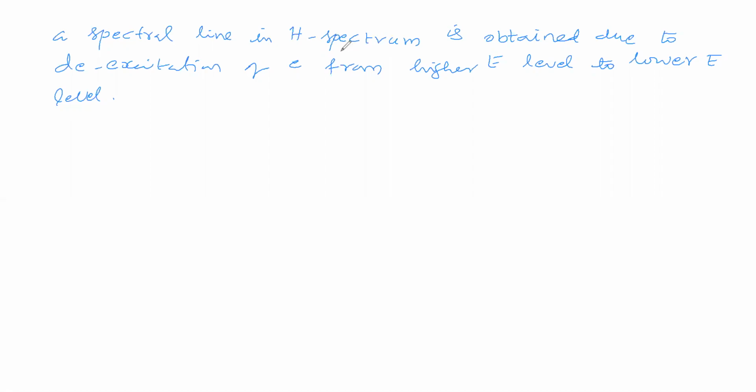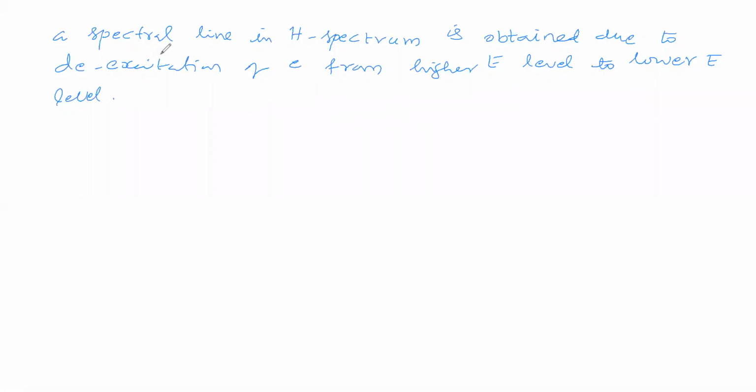He saw spectral lines in the hydrogen spectrum. Then why are these spectral lines obtained? He says higher energy level electrons jump to a lower energy level while they emit radiation. Due to that radiation, the spectral line is obtained. That is Bohr's point of view. Using this point, Bohr gives the formula to find the wavelength of a spectral line and so on.